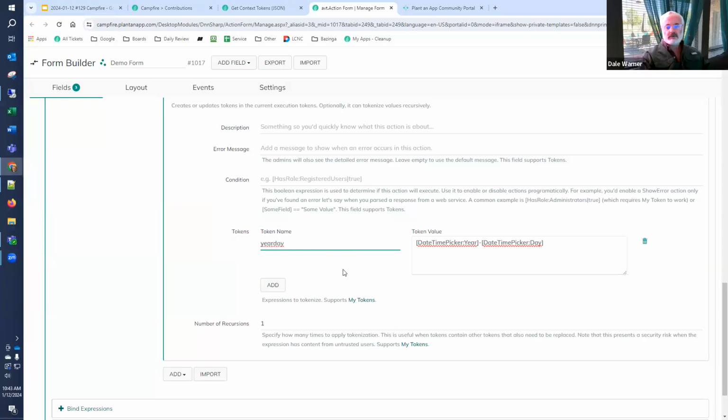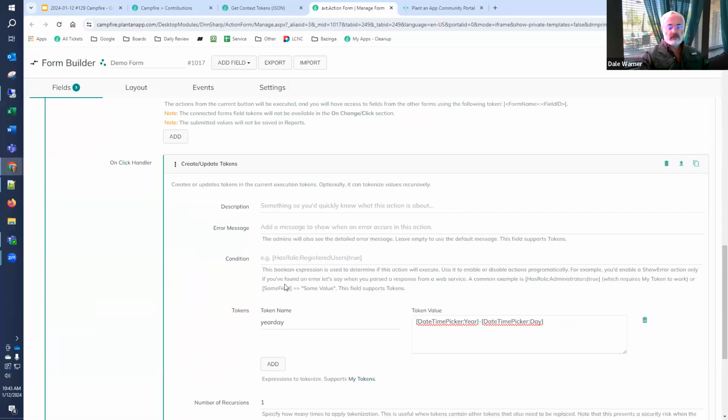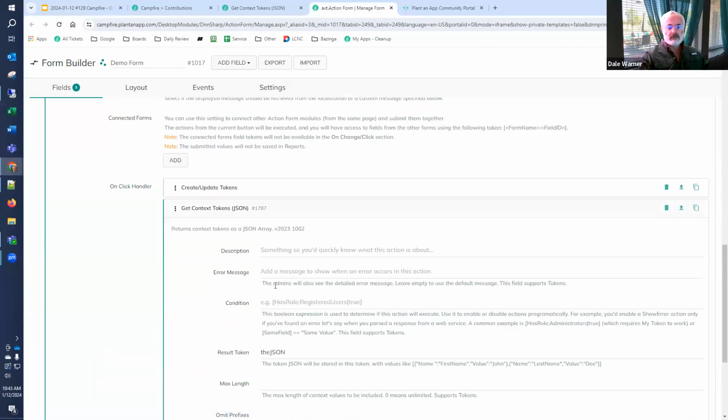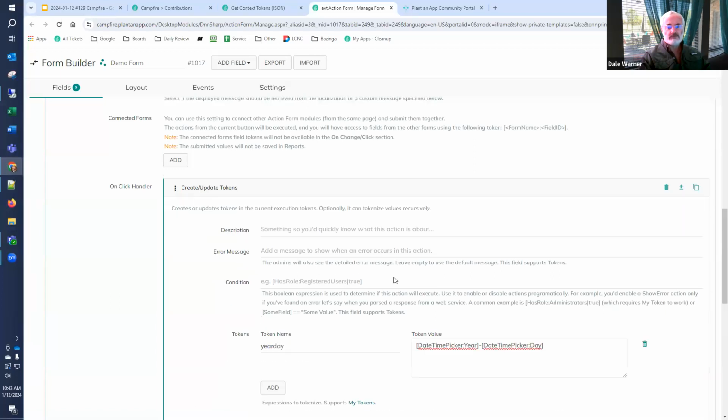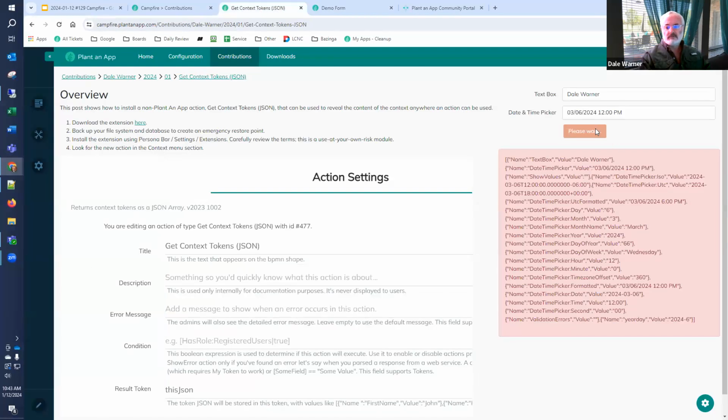So I'm creating a new thing, year day, here, a new token, and I'm going to put it above my get context JSON. So the fact that I'm creating this, it's not just the fields on the form, but also any other tokens that you create. So we're going to have a new one called year day. And so when I save this and run it,